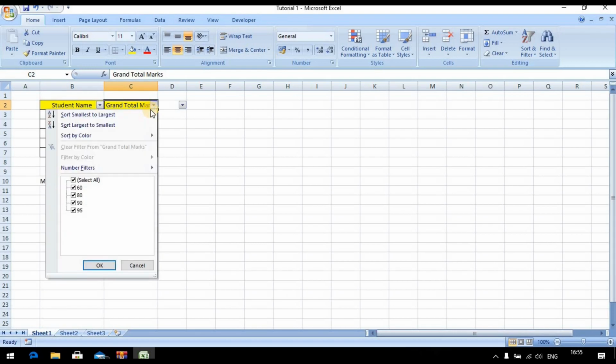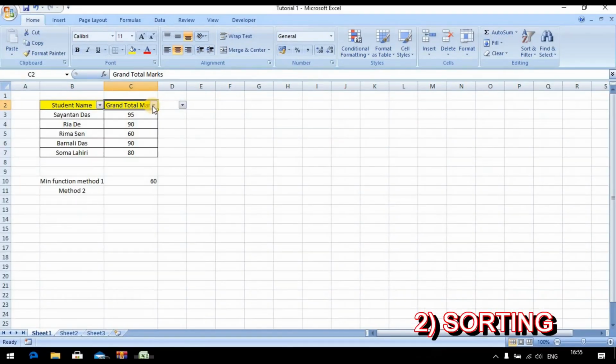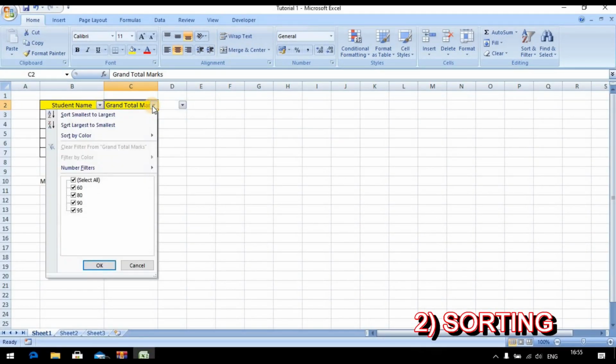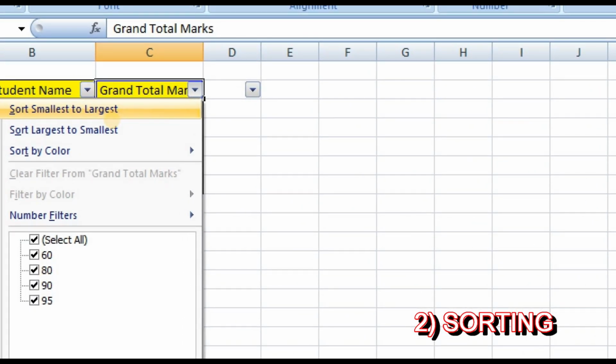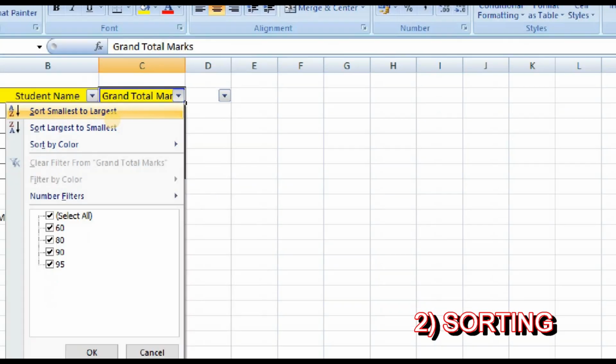We click on the drop down, and here we have the options sort smallest to largest or sort largest to smallest.